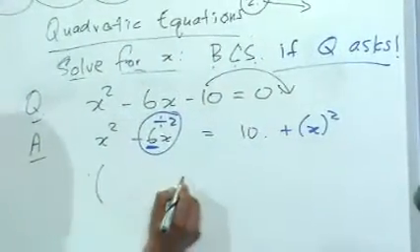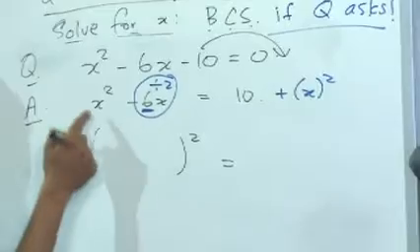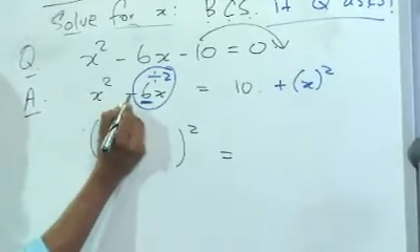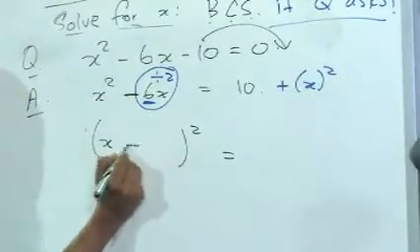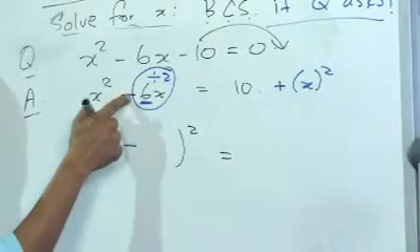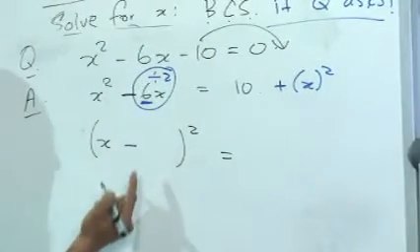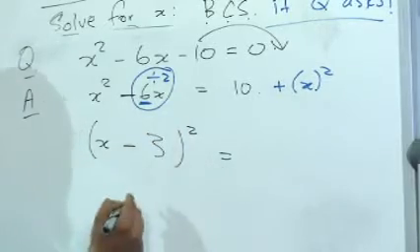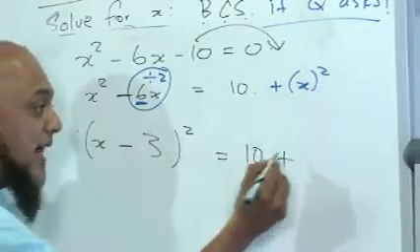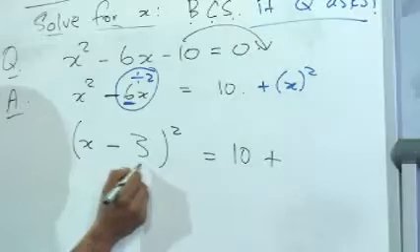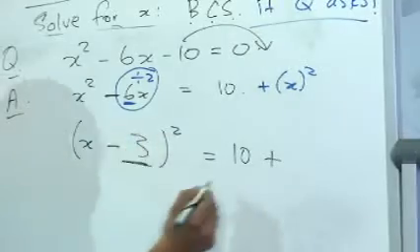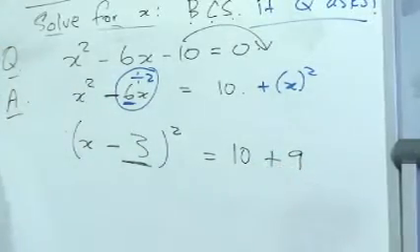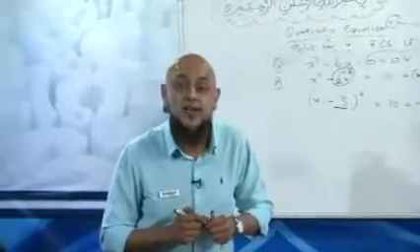Let's start. We're going to put our brackets to get our perfect square. So x squared, x, and whatever the sign is there, you bring it down: minus. 6 divided by 2, guys, is 3. Squared is equal to 10 plus, always plus. Now take this value and square it. Minus 3 squared is 9. There we go. We've completed the square.